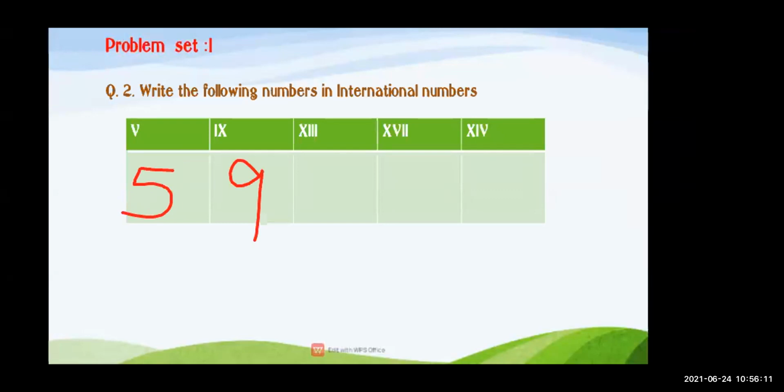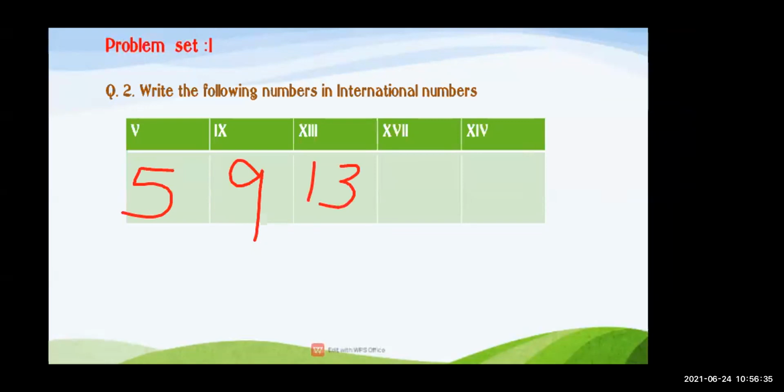See, you can see here X, I. I कितनी बार लिखा है? How many times is I written? Very nice. I is written 3 times. So X means 10 plus 3 will become 13. Very good. Now here it is 13. Now next is what? Next Roman numeral X, V, I.